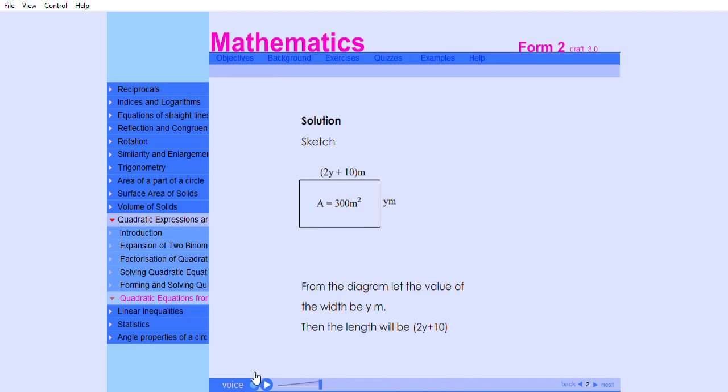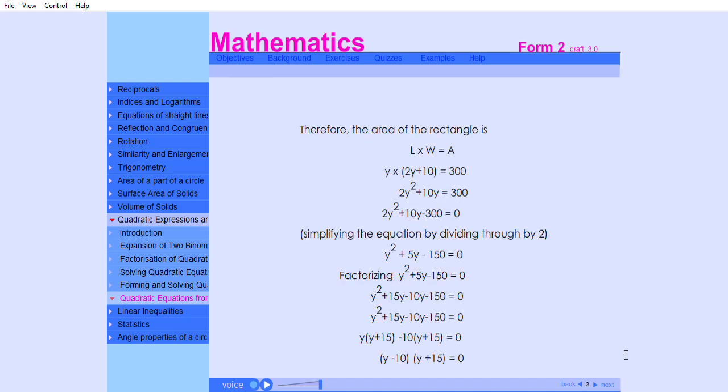Solution. From the diagram, area is equal to 300 meters squared. Let the value of the width be y meters. Then the length will be (2y + 10). Therefore, the area of the rectangle is length times width, which is equal to area. y